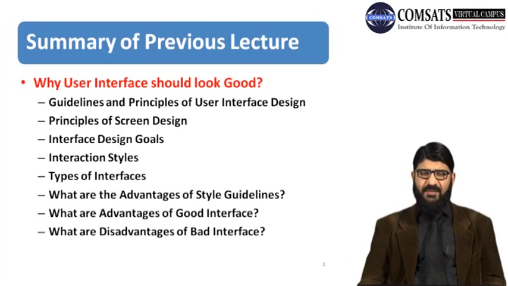Then we have discussed the major categories of interaction style, that were form filling, command line, natural language, and direct manipulation. So these were different interaction styles. And then we have overviewed the types of interfaces. The major types of user interfaces are command line, and in case of web it is majorly menu-driven websites and graphical user interface based websites. We can also provide an interface of natural language processing, which is one of the growing areas.